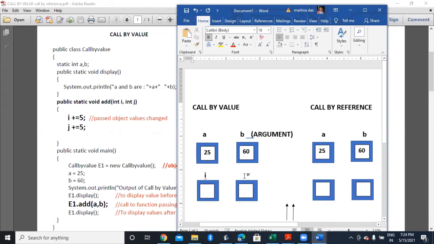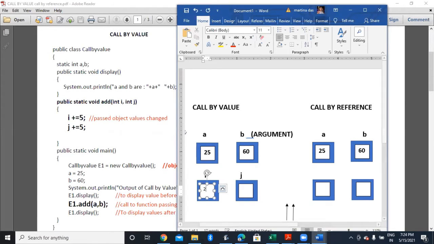Here I and J are the formal parameters in the called function. So here now you can see the value 25 is copied from A to I and the value 60 is copied to J in call by value. So now the increase in call by value that will be done, this is 30.